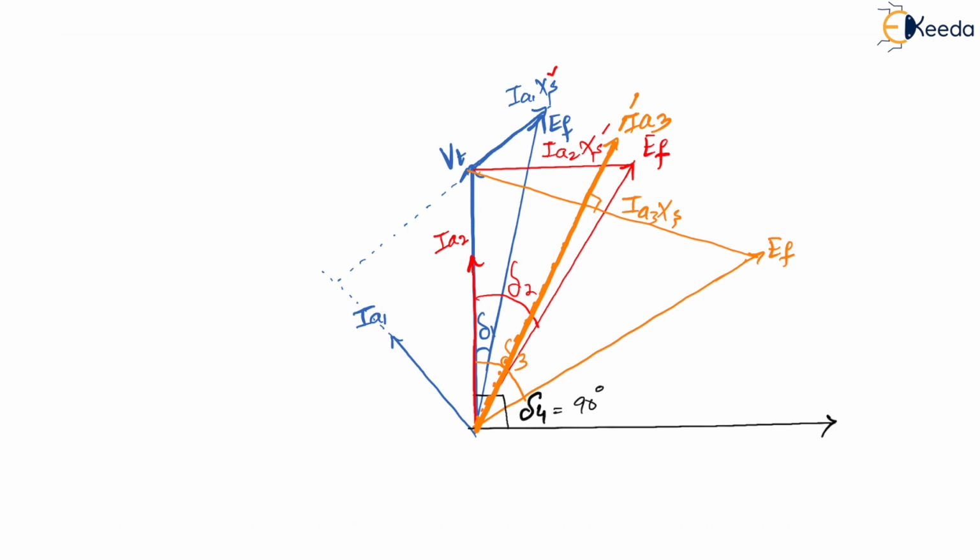Now next is Ia4. Let us understand where Ia4 will be. In order to find Ia4, again one thing which we left out here. What was that? This is EF, no? What is there between Vt and EF? Between Vt and EF, you definitely have only this drop, which is nothing but the Ia4 axis. Yes or no? Yes. Between them we have this drop. Now again 90 degrees to this drop I will have.